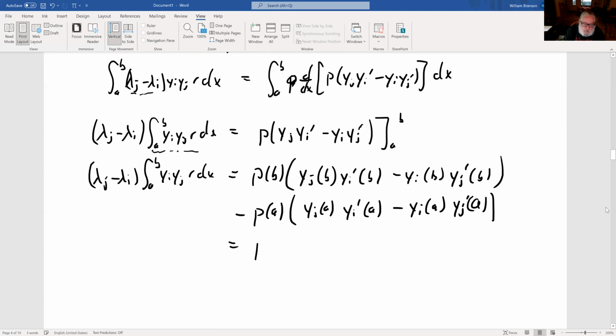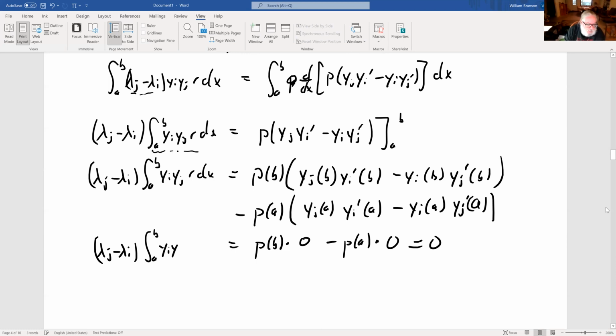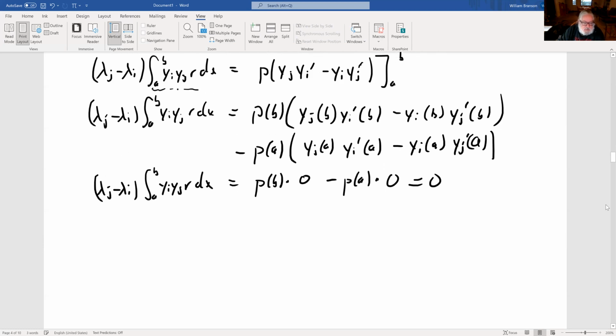But the things in the parentheses, by the little matrix calculation we did above, are both equal to 0. You can go and check that. Great. So what does that tell me? We know that this doesn't equal 0 because lambda j and lambda i are different eigenvalues. So